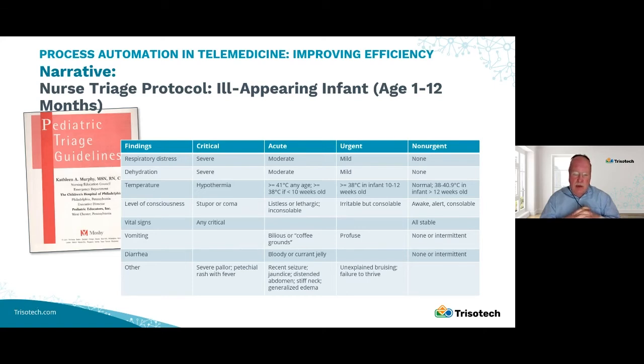And this is one that can be used for an ill-appearing infant between 1 and 12 months of age. And basically, you have a table where you have findings along the left column. And what you do is take the findings that you see and then decide, is this critical, acute, urgent, or non-urgent? If a patient has any critical values, it labels the patient as critical. If all of the non-urgent conditions are present, then the person is non-urgent. And then you have kind of a mixed milieu in between where the person could be acute or urgent, depending